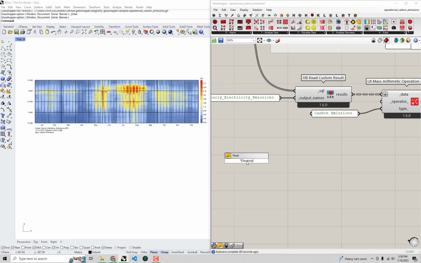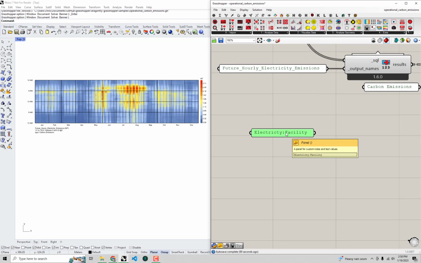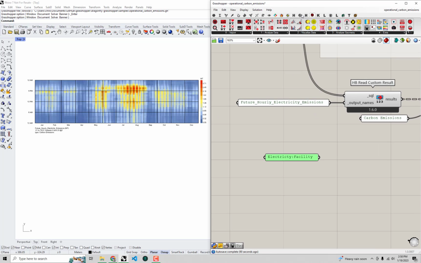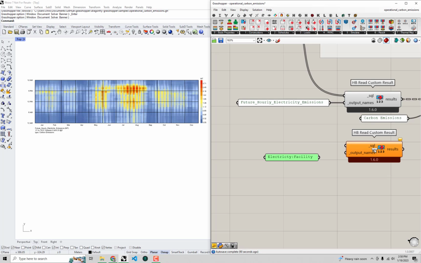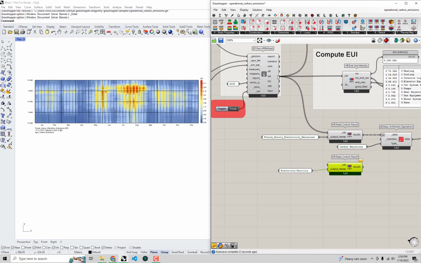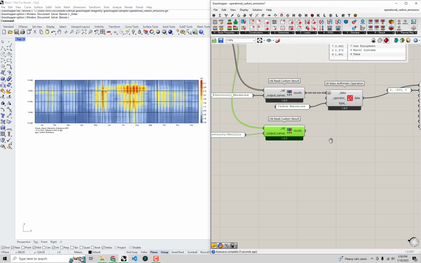All right, so I'm just going to bring up a panel with this in it. And if you can't tell, this is much more of a native EnergyPlus type of output here. It uses certain conventions like colons and stuff like that, but you can import it all the same. So in order to import it, I'm going to again grab our Read Custom Result component. I will connect this up to the output name, and then I will connect the SQL files up to this component. And again, this took pretty quick to run, but if I bring up a panel to look at what I've actually imported here,